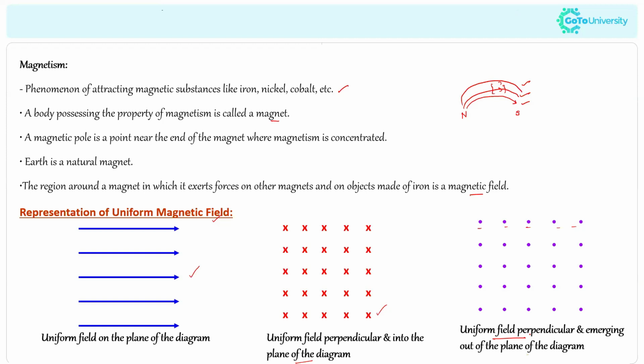So make sure you know all these things before you go for an exam, because sometimes they will give the diagram and they will tell you to calculate the values of magnetic moment and other steps. They will not mention which type of field is there, and whether the field is into the page, or what the relation is between the uniform field and the plane of the diagram. Okay, so if you know these symbols it would be helpful for you.